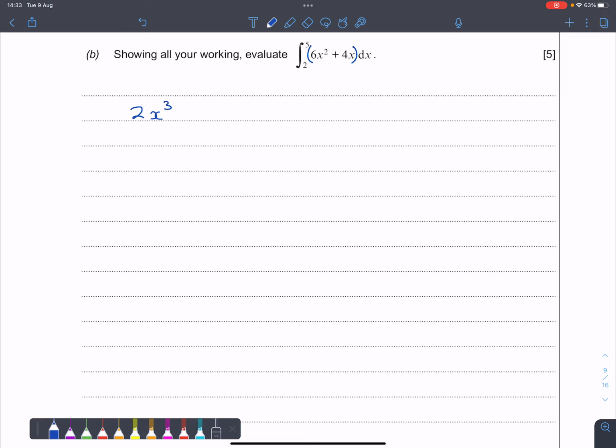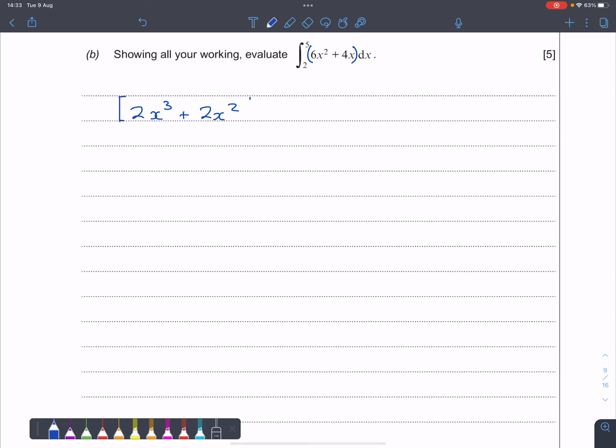And the second term, the plus 4x, is going to go to plus 4 lots of, well, the integral of x is x squared divided by 2, or a half x squared. 4 halves are 2, so that's 2x squared. So plus 2x squared. And we're going to integrate those between